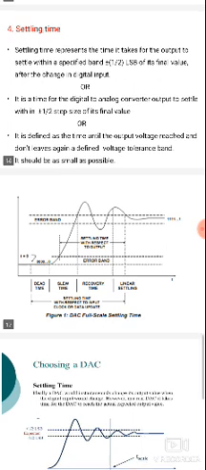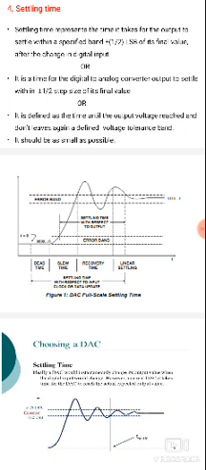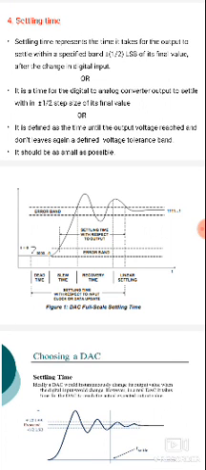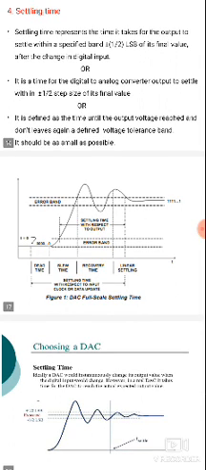So the settling time should be as small as possible. This is the error band, settling time with respect to output. Next, dead time, slew time, recovery time, and linear settling, and full scale settling time. Settling time is nothing but the time for the digital to analog converter to settle within plus or